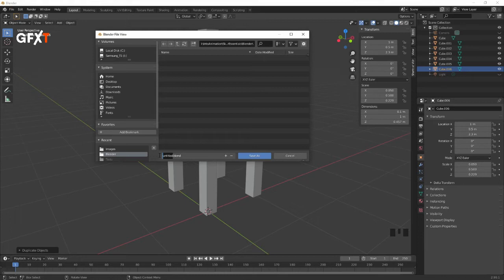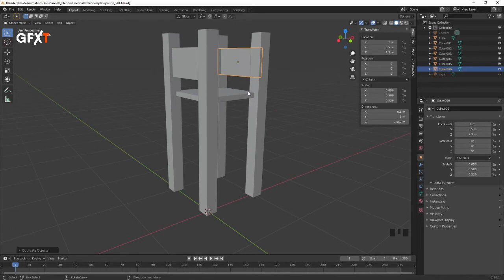So we will call this Playground version 1, and just hit Save As. Now that we've saved it,